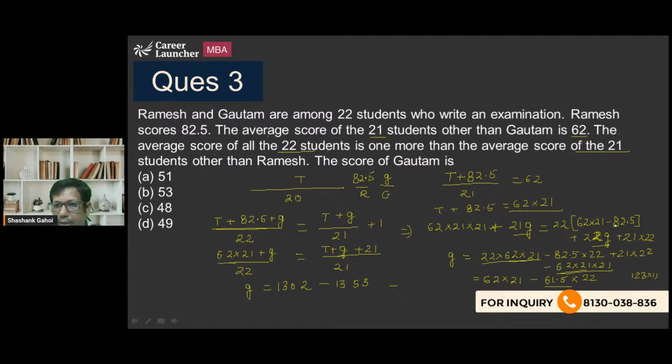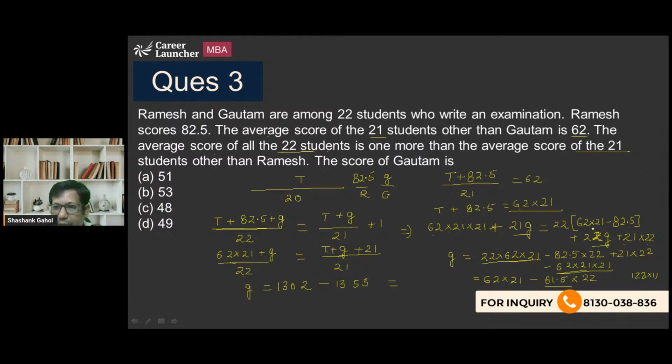So it is 62 into 61 minus 82.5, and that is equal to 21 times this, that is 22g, and this is going to be plus 21 into 22. It is 62 into 21 into 21. So it is going to be, I am getting minus 51. So basically, I think I have made a mistake. Oh, yes, I have made a mistake because this value comes out to be